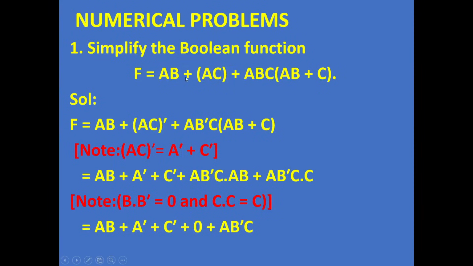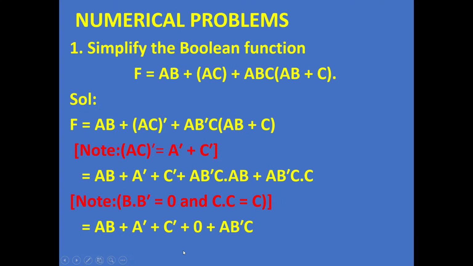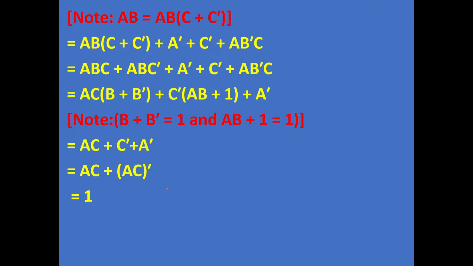Now let us proceed. Just carefully observe here. A, B plus A bar plus C bar plus 0. 0 you can neglect; in the next expression, you need not write it. Now in the above expression, if you observe, AB is there. Where is AB? Here AB is there, isn't it? So instead of AB, you can write AB into C plus C bar. Why? Because,